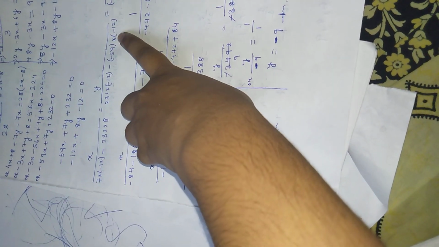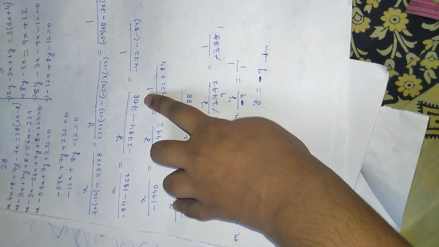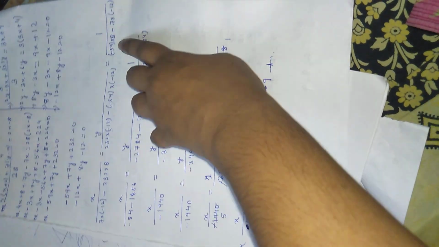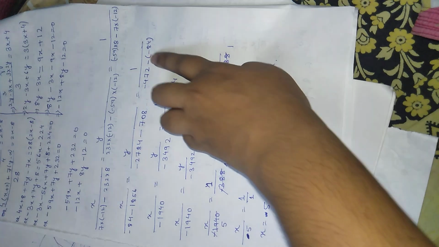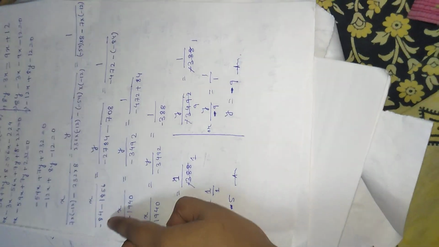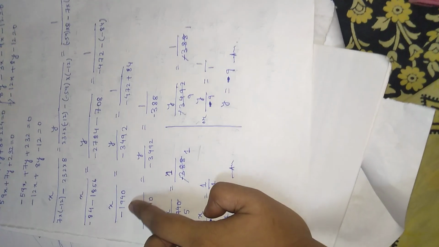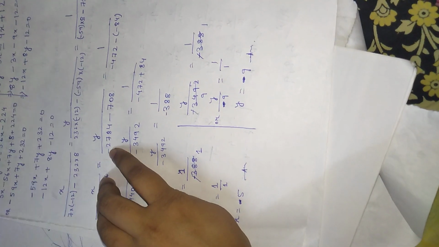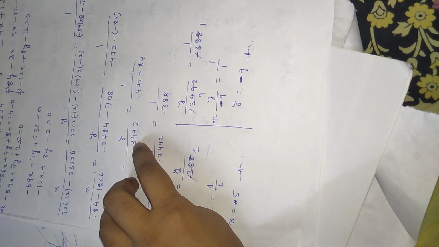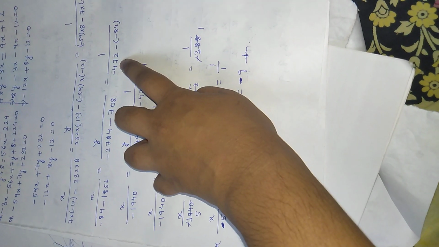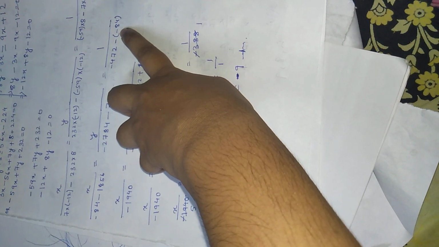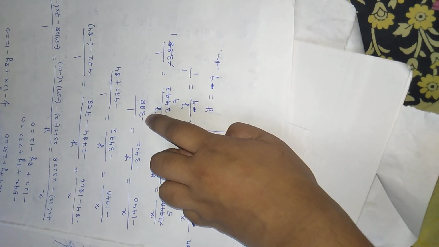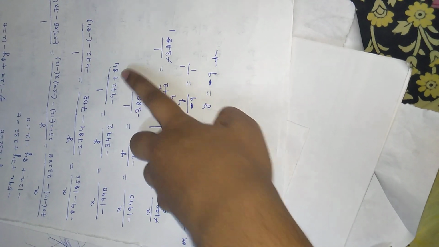Minus sign, then minus minus plus, so 59 into 12 will give you 708. Then minus 59 into 8 will give you minus 472. Then minus sign, 7 into minus 12 will give you minus 84. Okay, now when you add, you will get minus 1940. Why minus sign? Because the greater number has the minus sign. Again you will get minus 3492. Then minus 472, minus minus plus, first you will open the bracket, it will come plus 84, minus plus minus, so you will put minus sign because 472 is greater than 84, you will get this one.